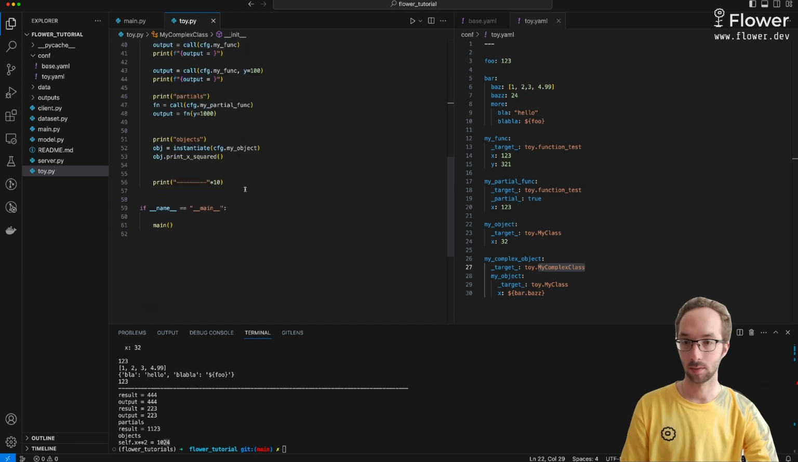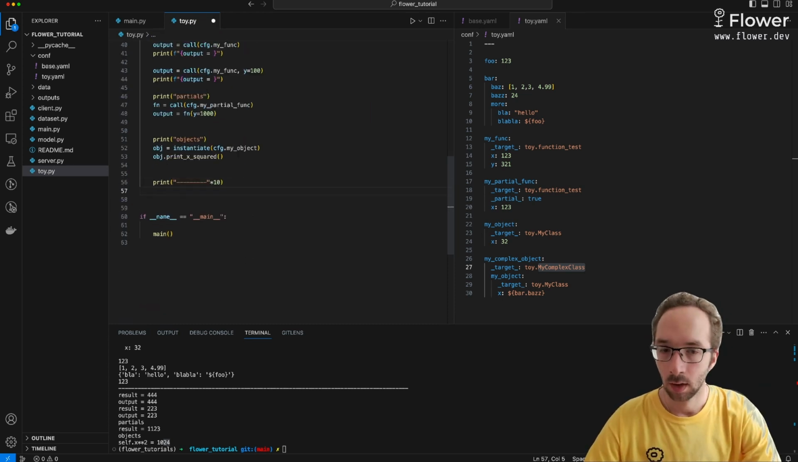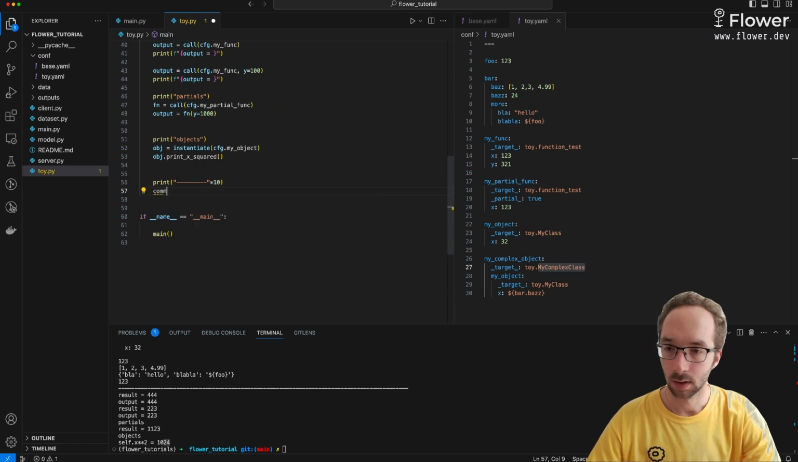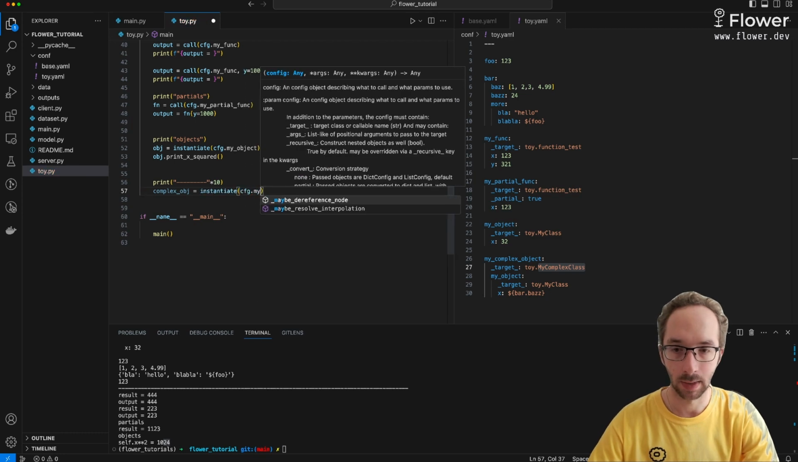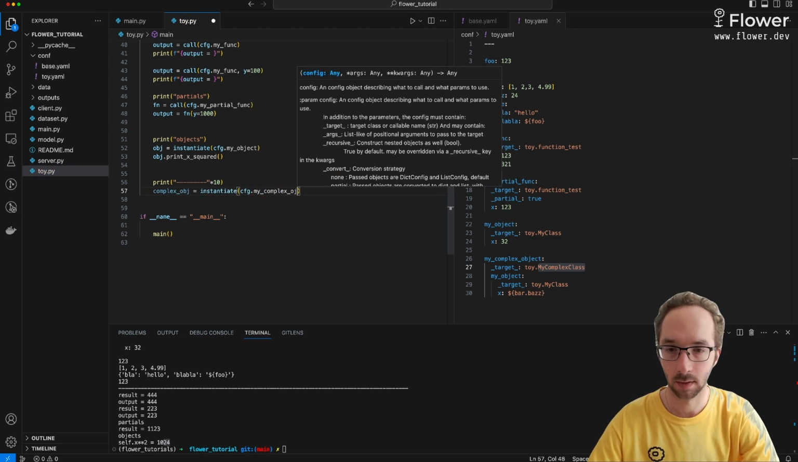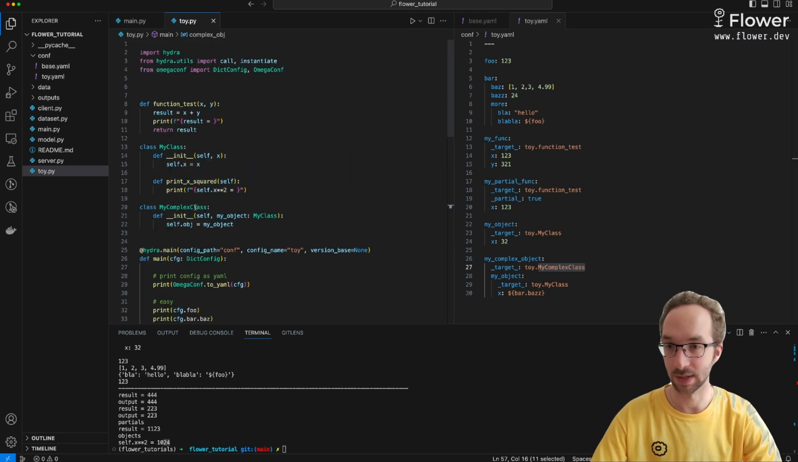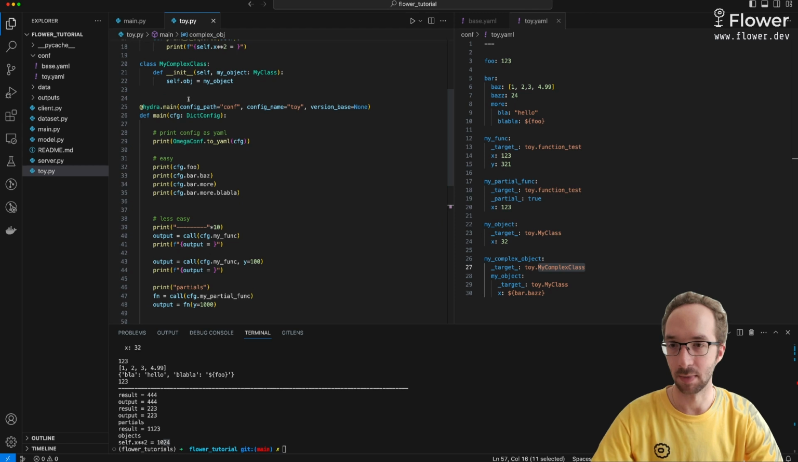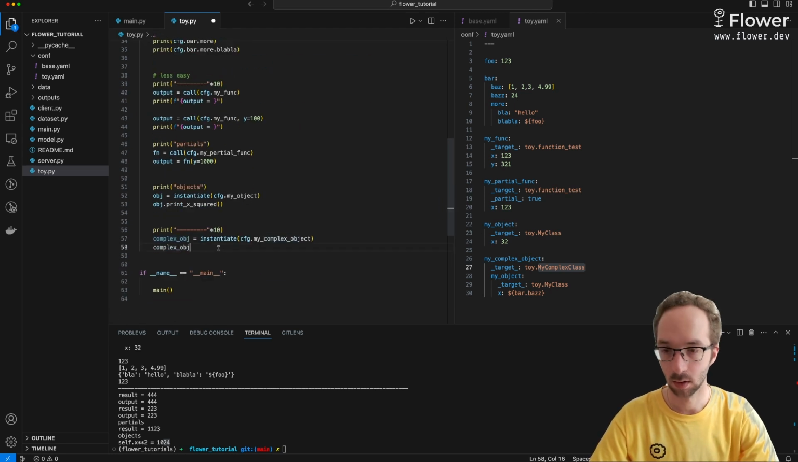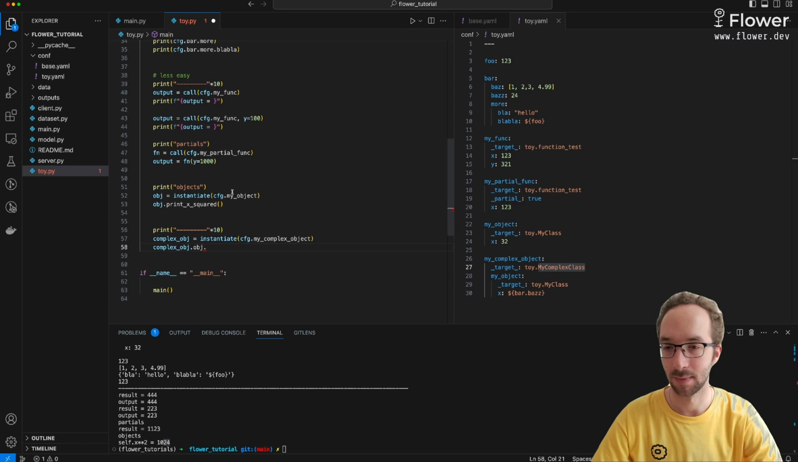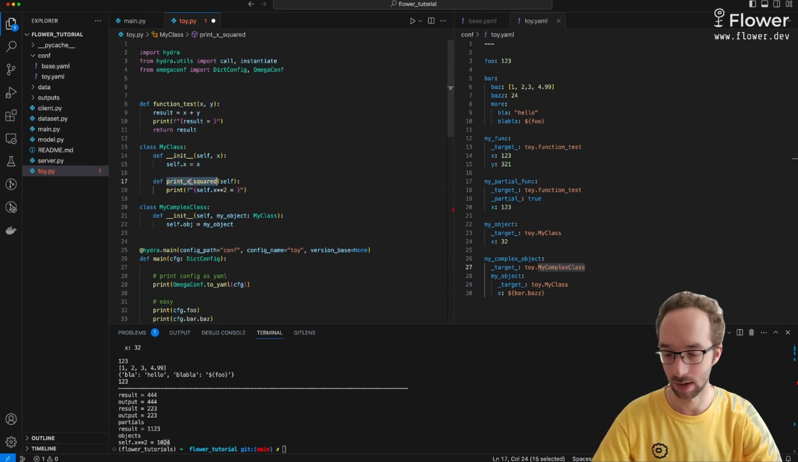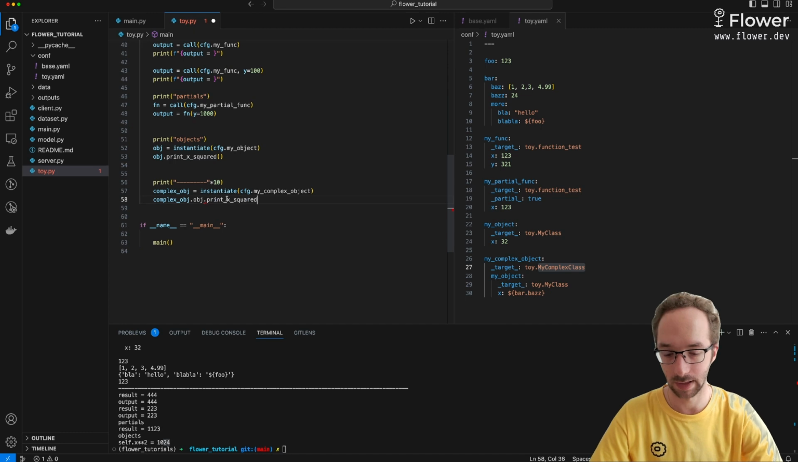So let's now run this. Complex object equals instantiate cfg my complex object. And we know that what complex object has is a class member called obj, which we know is a my class object. So we are gonna execute this method just for validation purposes. So if I run this,